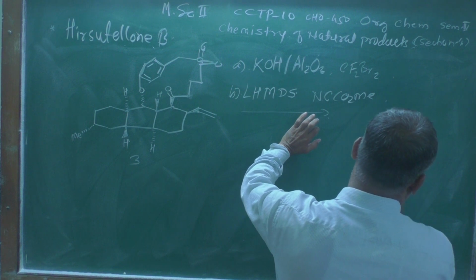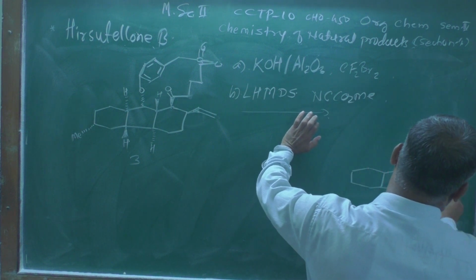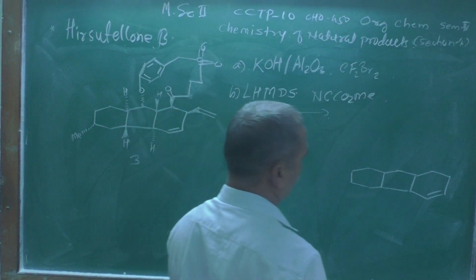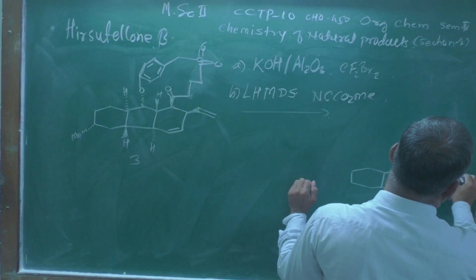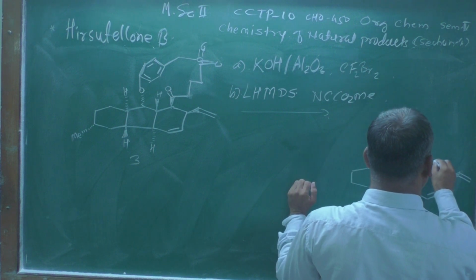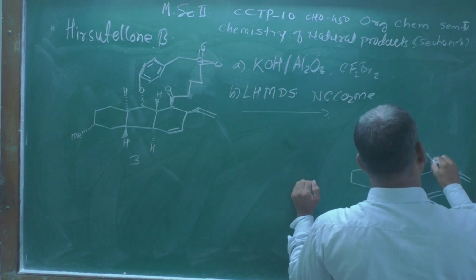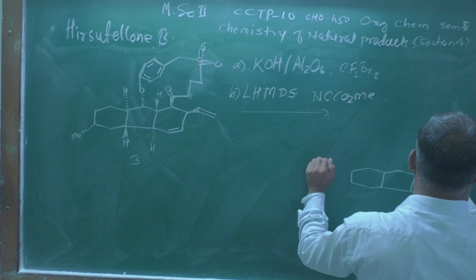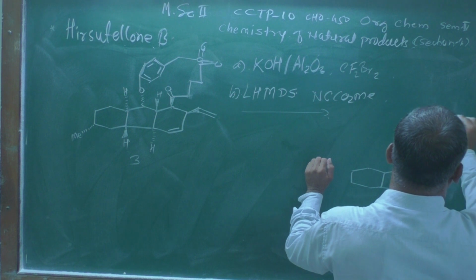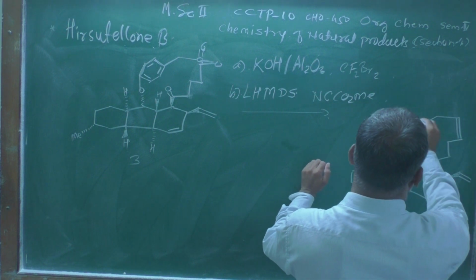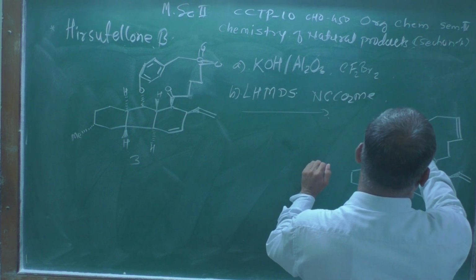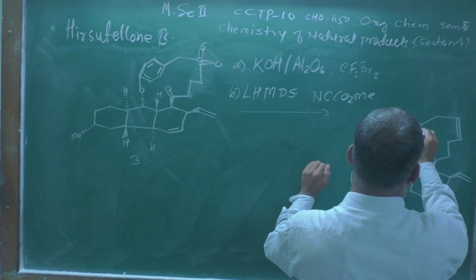I am representing here the structure number 2, and that structure will be this one, this double bond. Sorry, here you keep this double bond as it is. Here this bond is above the plane, double bond, and here this is the bond which comes out above the plane, and the rest CH2, CH2, CH2, and then here will be this double bond, and then here this is attached to the cyclopentene ring. Here stereochemically there is one double bond.